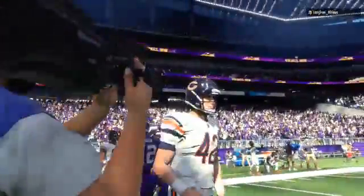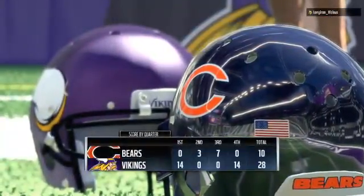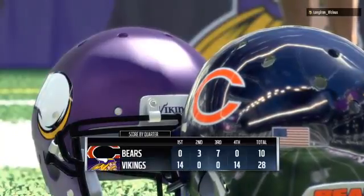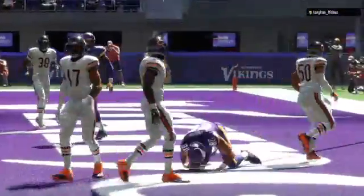Exactly right. When you start a season, everyone's goal, win all of your home games, split your road games, and you're likely going to be in the playoffs. But when you win at home, boy, what a great feeling that is. You don't even mind if people are at your house when you get home after a win like that. So for Minnesota, a final win means they will finish off the regular season at